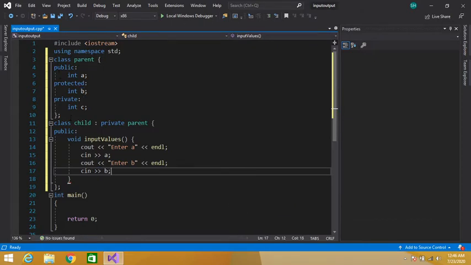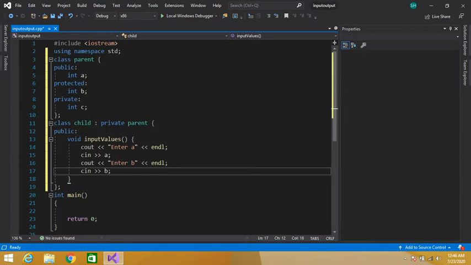So there are three access specifiers: public, protected, and private. Public data members of a class are accessible throughout the program, meaning we can access public data members of a class anywhere in our program. See here, we have accessed this public data member in our child class.